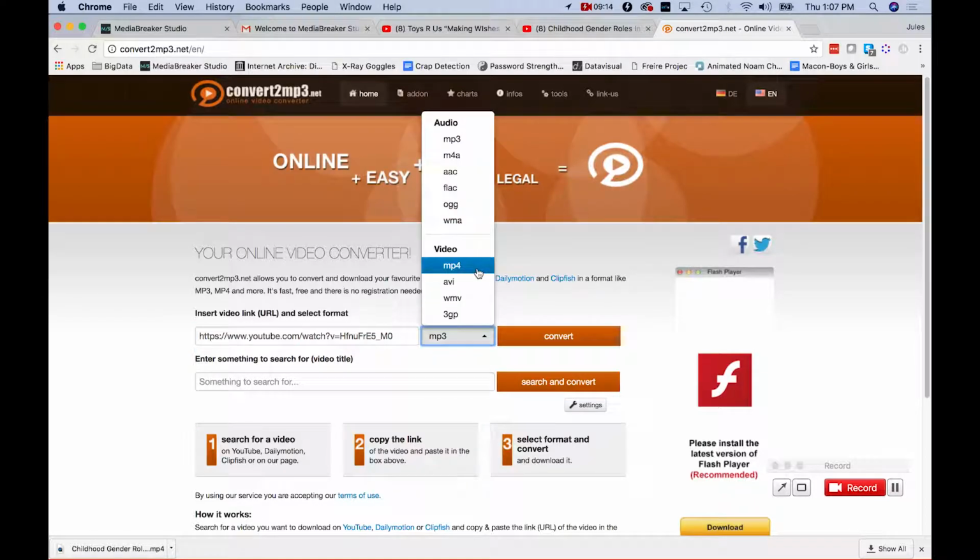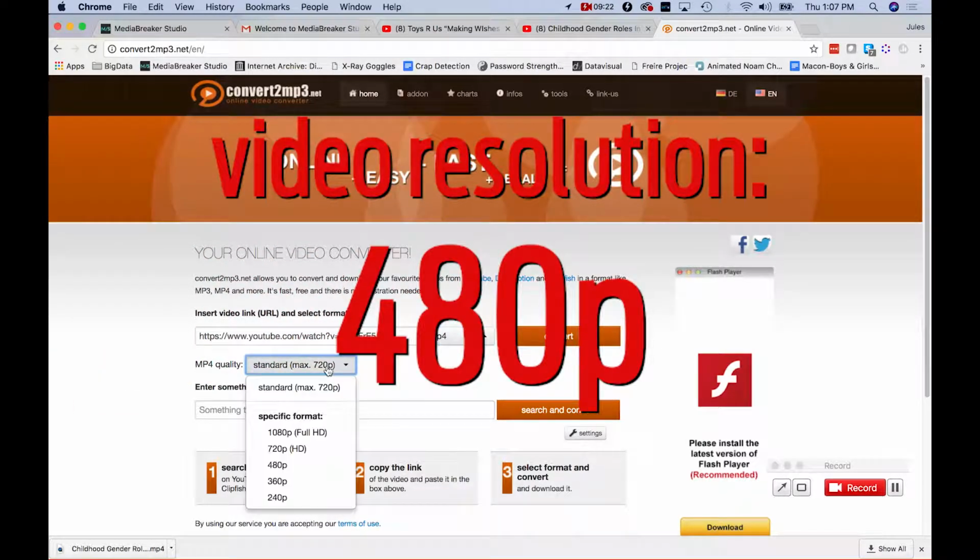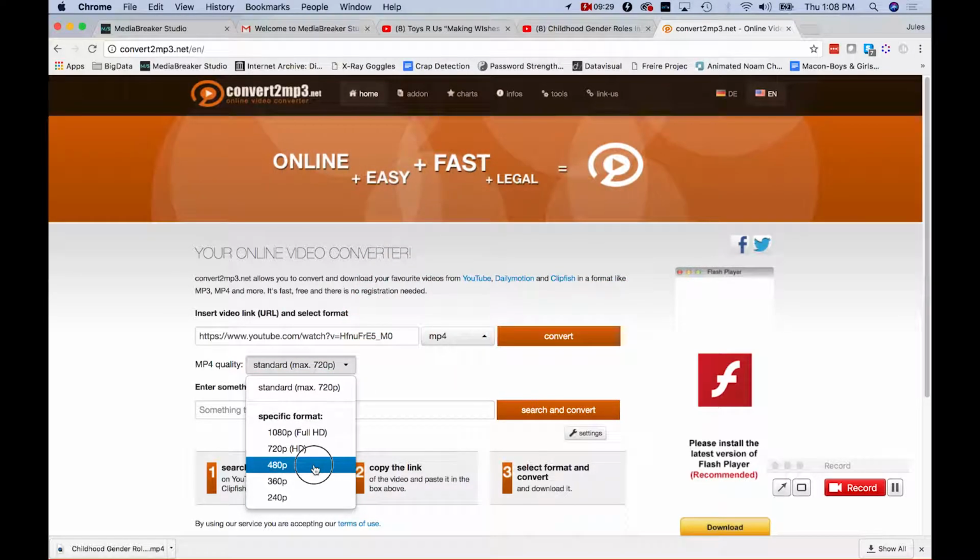You want to download MP4 files. That's the video file type. Before you click convert, you want to change the MP4 quality to 480p. That's going to be a little bit lower quality, but it's going to run faster in MediaBreaker Studios and in